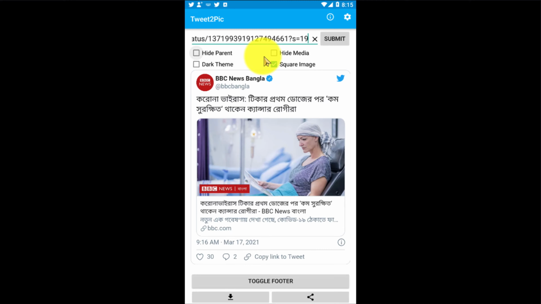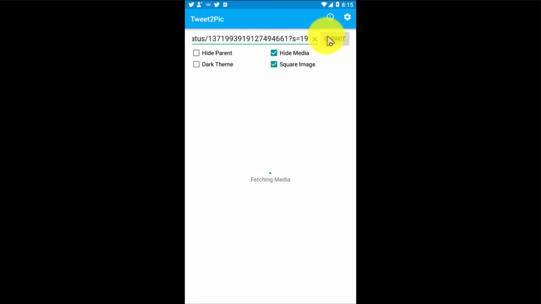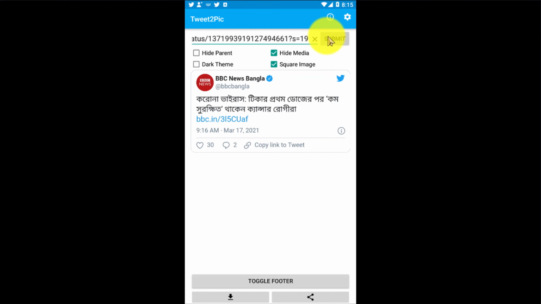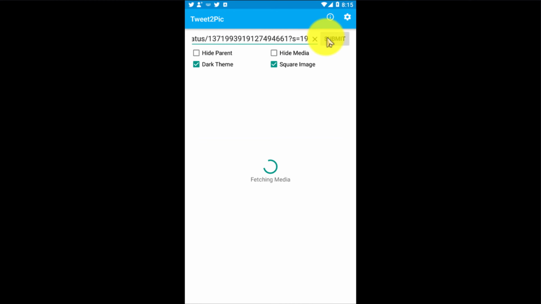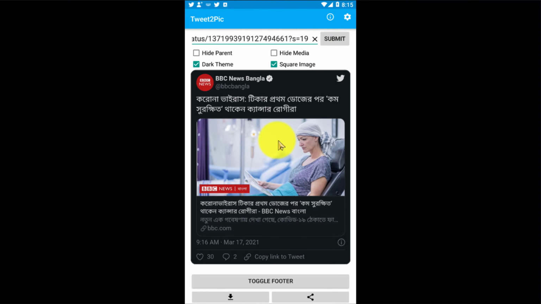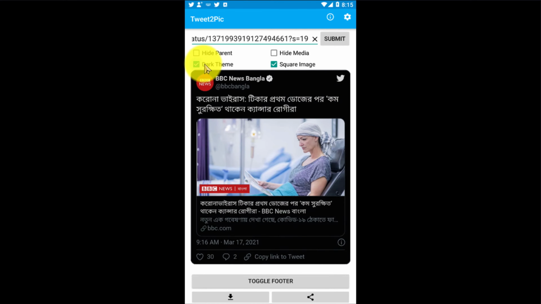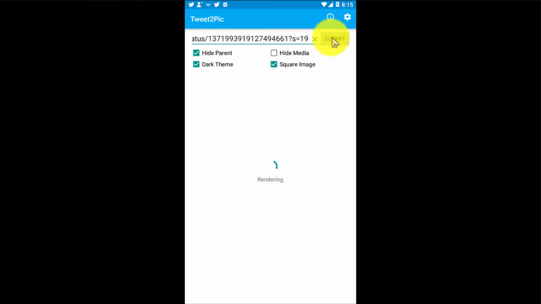So here you can see that entire post. If I click on hide media, here you can see the media, that image, actually hides. Okay, now if I select dark theme and square image, this is the post I actually want to share on Facebook. Alright guys,